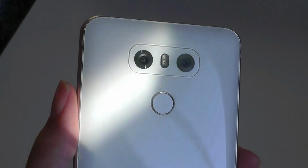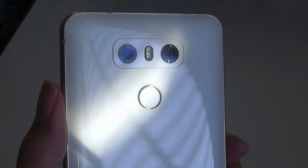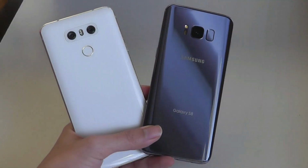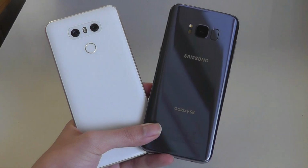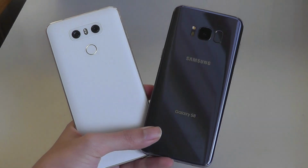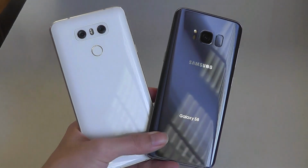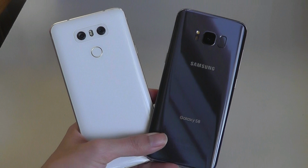So that's more or less it for our revisited look at the LG G6. In 2019, I still think it's a pretty good option as a budget smartphone. It's a device that's been often forgotten about, but again, for around $50 to $70, it still is an incredible value in terms of the construction quality, definitely still feeling and looking like a flagship. The display at 2K resolution still holds its own and is stronger than most other budget phones you'll find at the price. And again, the performance with the Snapdragon 820, although not cutting edge, will still perform as well